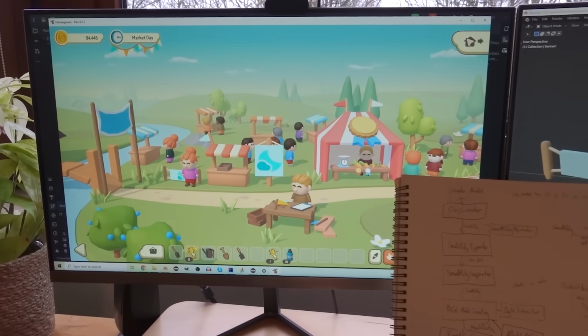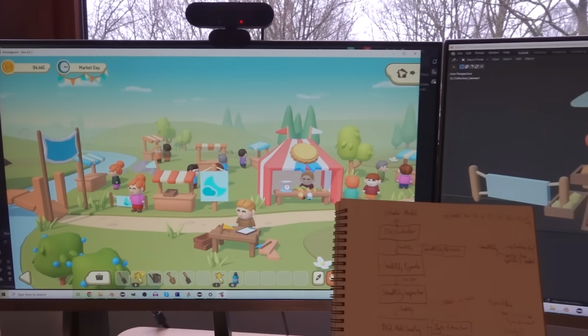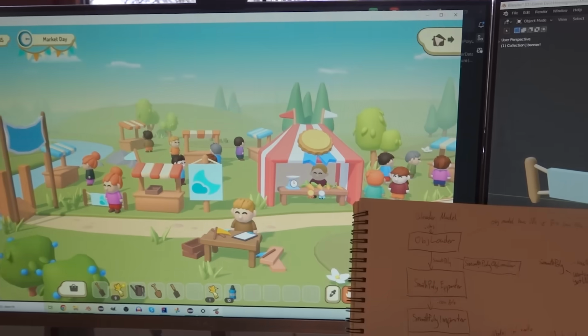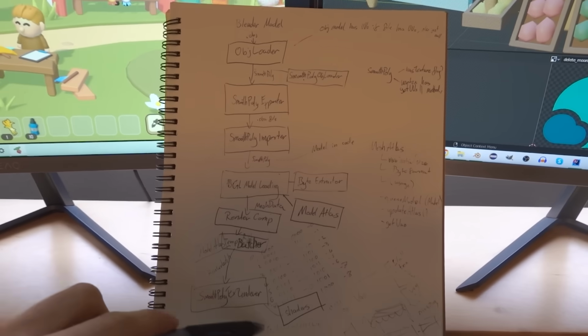Finally got the textured rendering working so I can show the icons on the banners now, but it's taken ages. It was a lot of engine work. There's a long process that models have to go through from being a model in Blender to being displayed on the screen, and I had to go through pretty much every step of this process and make some changes to